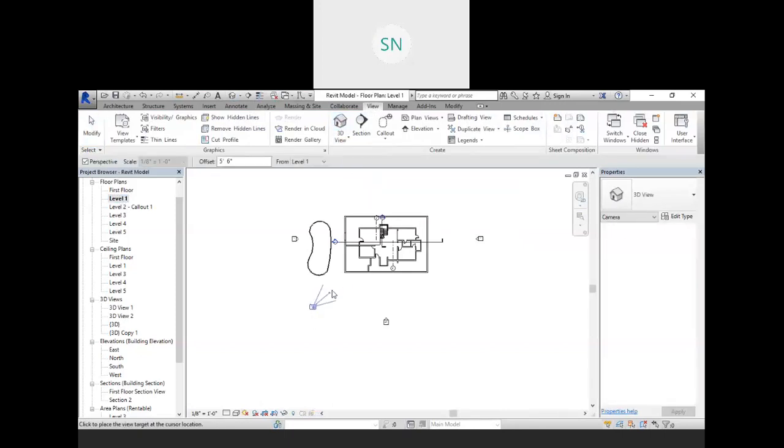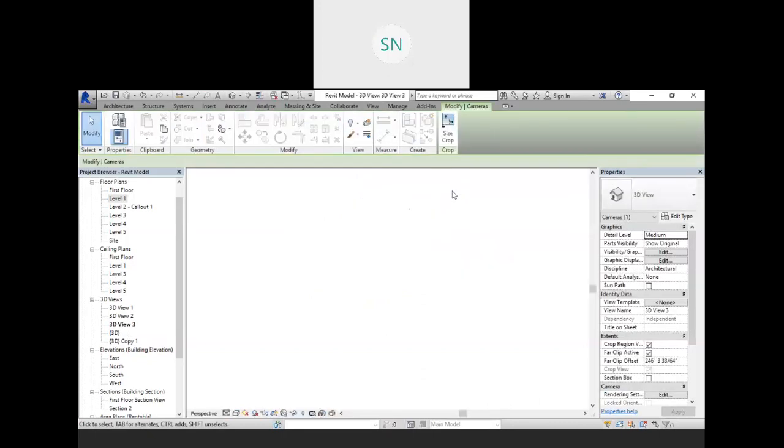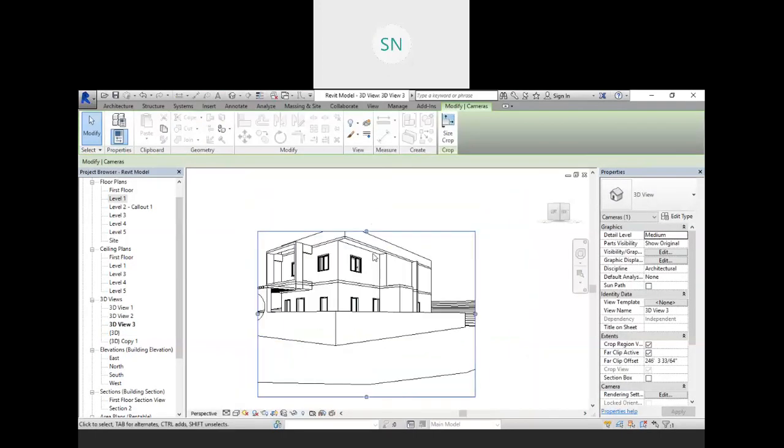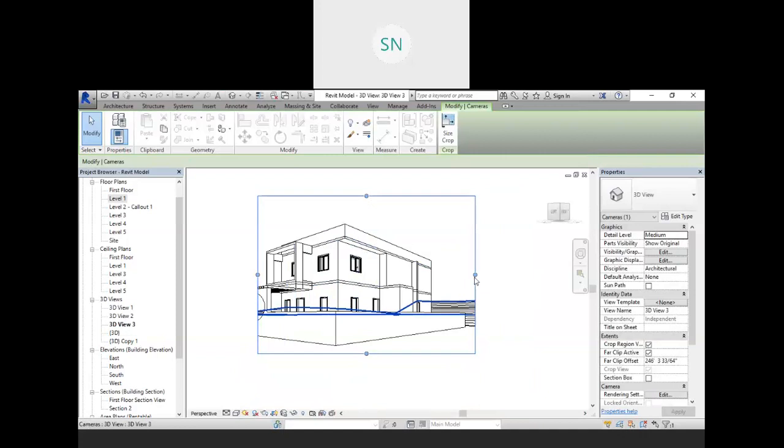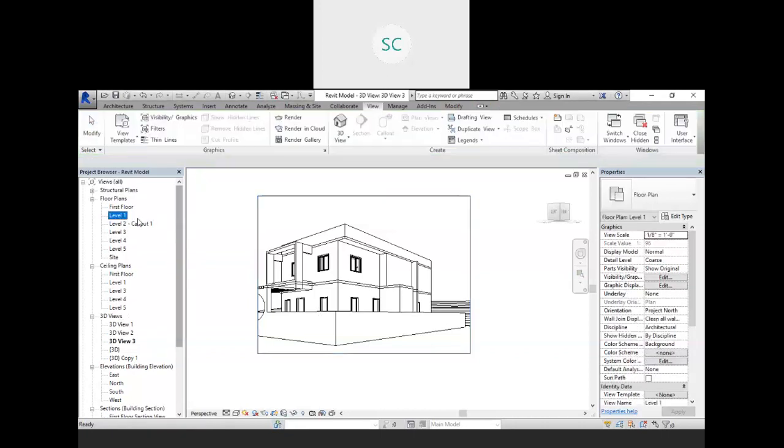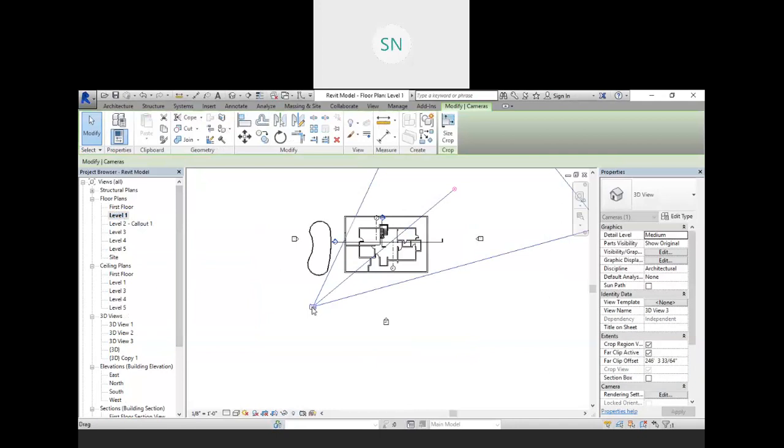Just place it and take this is your view range. If you place it up to this point, then your model will not be visible. So stretch it a bit and click over there. So this is your camera view, right? And your model. So we do not have much facility over here in the camera placement and the camera properties. Just select it and see.